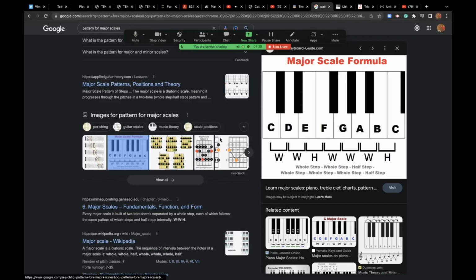Secondly, I would go back to linking our understanding with the circle of fifths with the formula for a major scale. As you can see, it's whole tone, half tone, whole tone, whole tone, half tone. And I would then have my students do a very, very short exercise